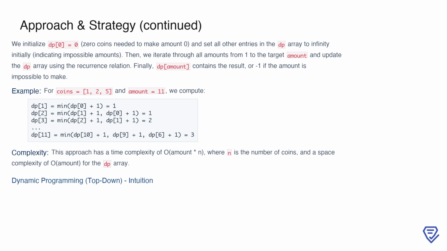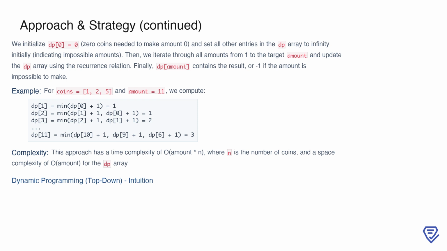We then iterate through all amounts from 1 to the target amount and use the recurrence relation, dp[i] = min(dp[i - coin] + 1) for all coins if i >= coin. This means that for each amount i, we check all the coins and find the minimum number of coins required to form that amount. For example, with coins 1, 2, 5, and an amount of 11, we compute values step